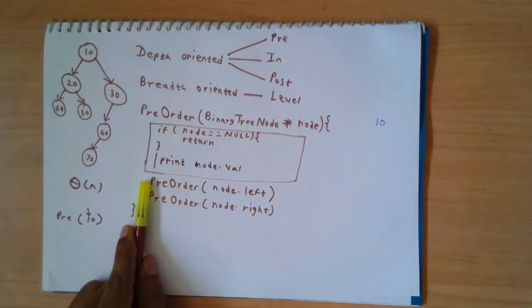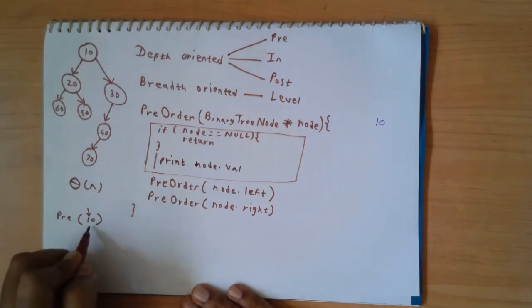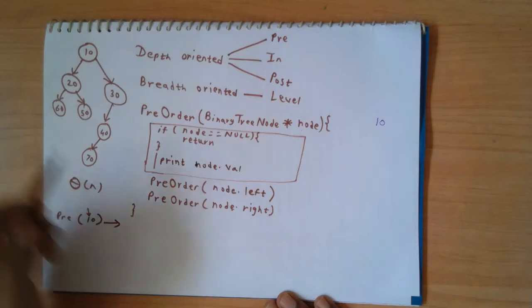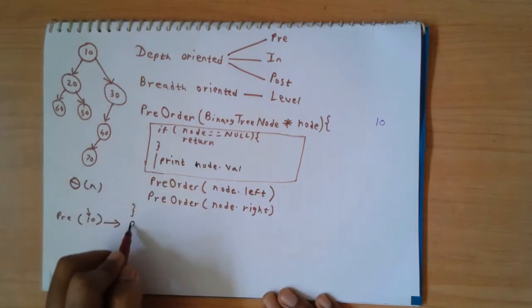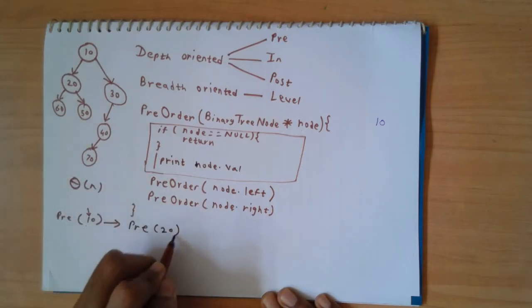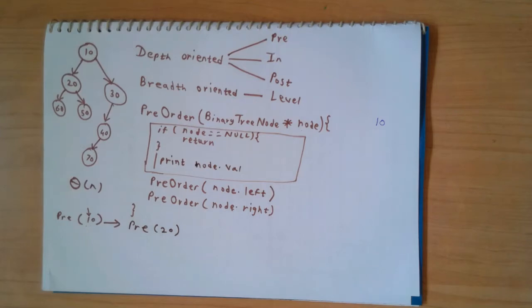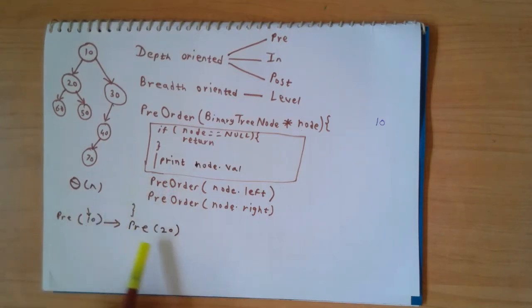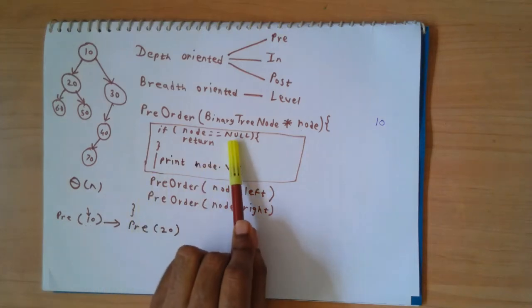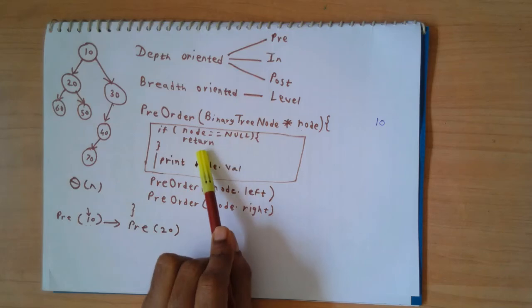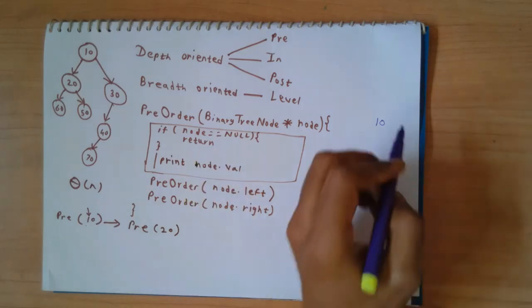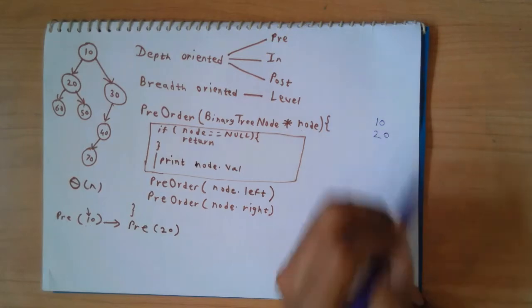And then we are going to give a call to pre-order traversal based on the left child, which is 20. So we are going to call pre-order traversal 20. Again, this is the address of 20. So this is a recursive call. We'll stop our execution for 10 and go and execute the call for 20. We come inside and ask the question, is 20 null? It is not. And then we are going to print 20. So 20 gets added to the output.